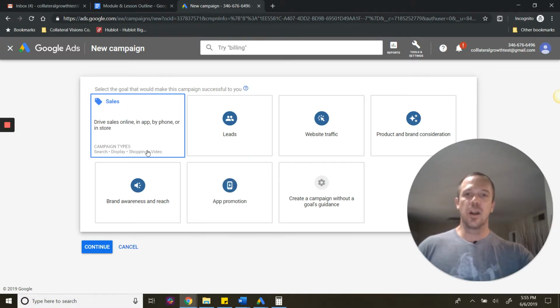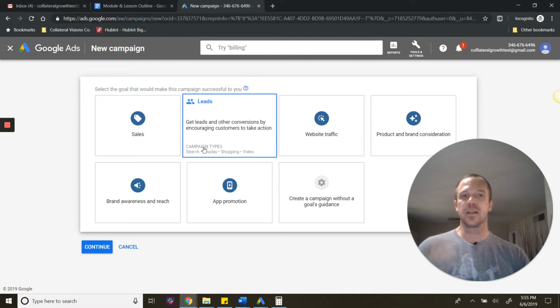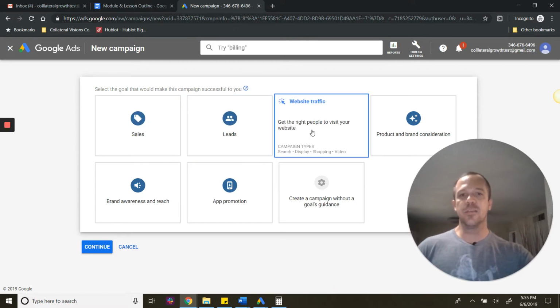We're going to cover this in later sections, but I talk about the rifle versus the shotgun method, right? Sales, leads, even website traffic are more about that very pinpointed shot, the rifle method. Like I've got some keywords and a very defined audience where I want that particular customer to be able to find my product, and only that customer, whereas the brand and product consideration, brand awareness and reach ones are more about, okay, let's